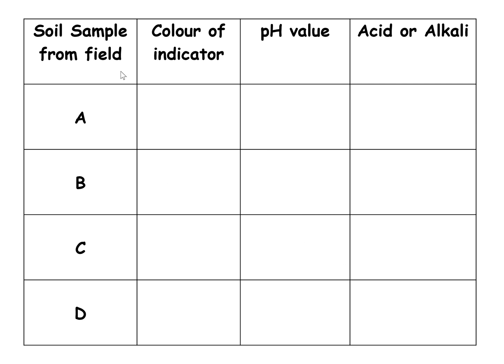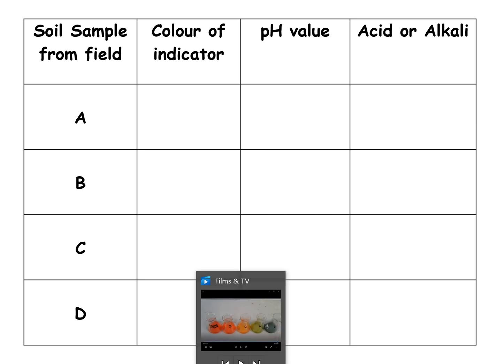So you've got your table, you've got your 4 samples. I'm going to show you the video. You're going to write in what colour the indicator went, therefore what pH value it means, and if it's acid or alkali, and if it's strong or weak. Okay,